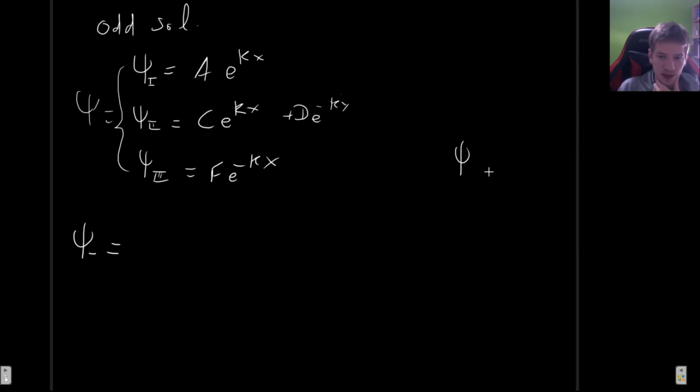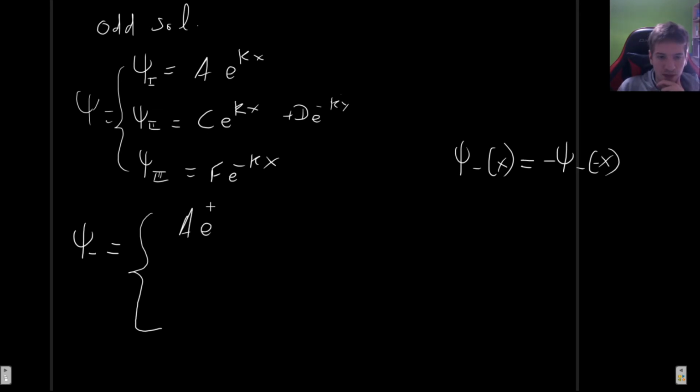Remember, odd means that our wave function evaluated at x has to be minus our wave function evaluated at minus x. Okay, there we go. So how do we do that? We can do it exactly in the same way as we did previously. Just take a few values in each region, and see how our wave function has to be. And when you do that, you can actually show, quite simply, that